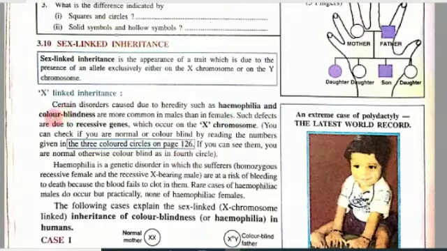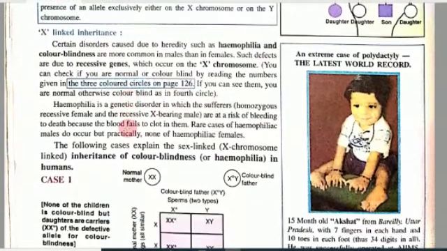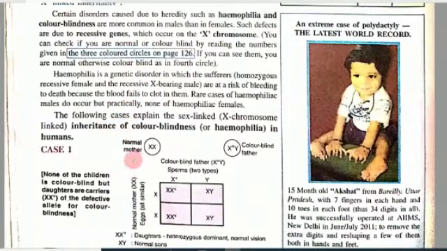Color blindness: the people are unable to detect color properly, which is one of these inheritance diseases. So when these people marry, they have some problems. Three cases are given here. Case 1: normal mother XX, color blind father. What is color blindness? The people are unable to detect color vision properly. X dot Y, and both are married.